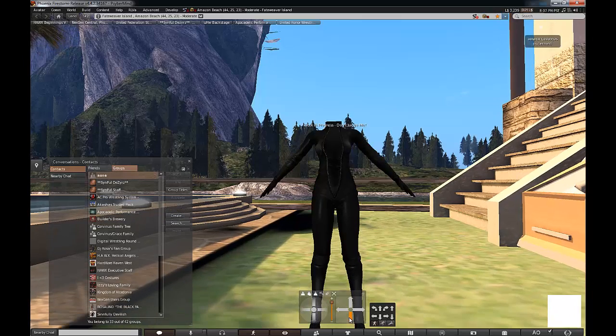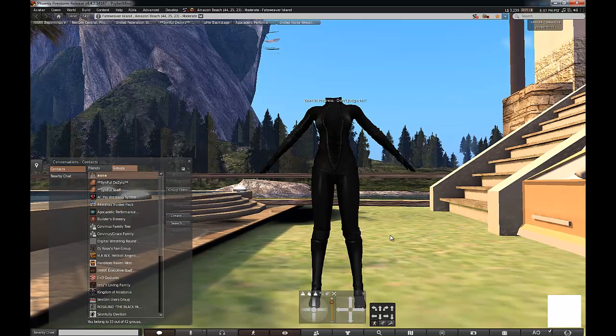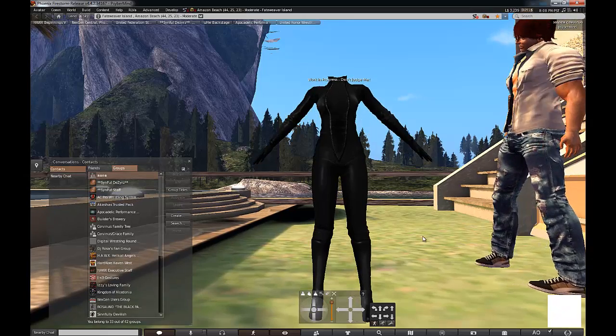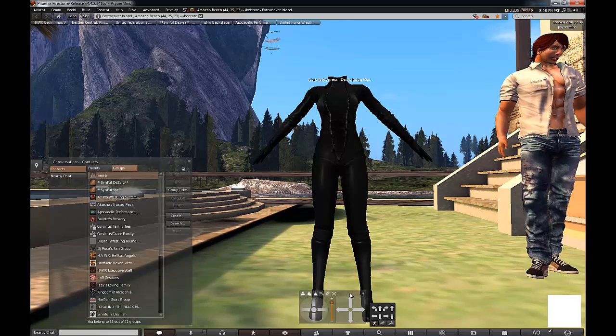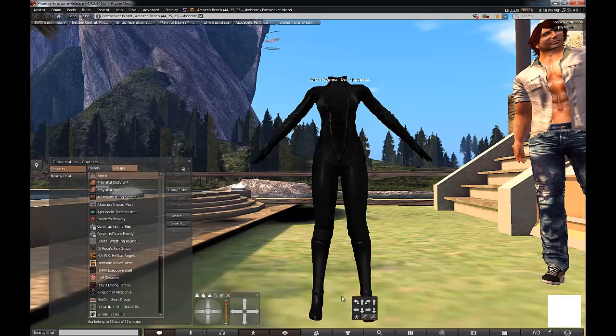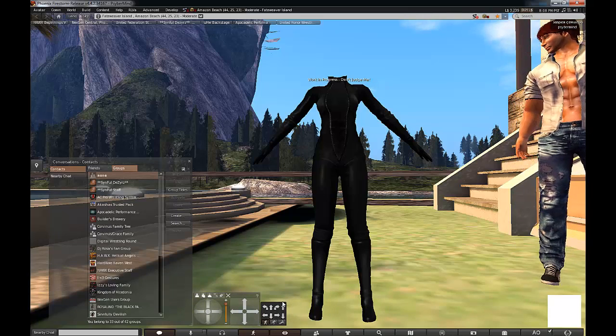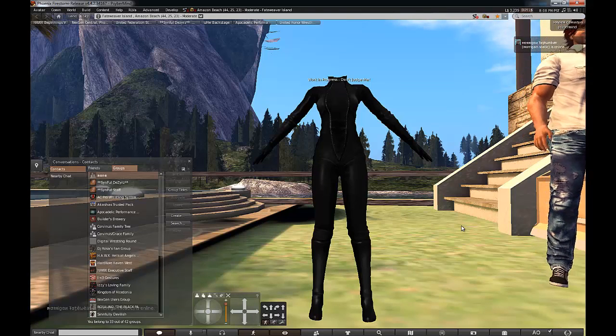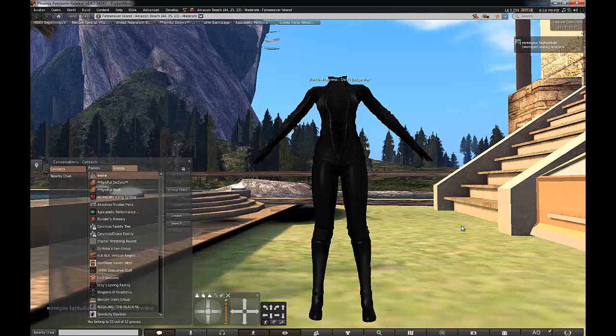Textures for mesh. This is my first YouTube tutorial, so I am very proud and very excited to be doing this. Anyway, the question was how you can see textures on mesh to test it out. The easiest way that I can explain this is, number one, this is using